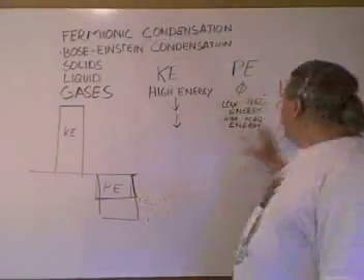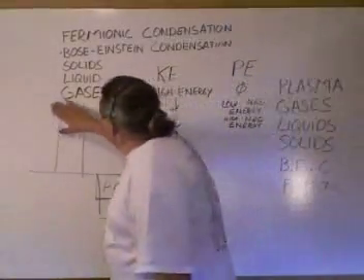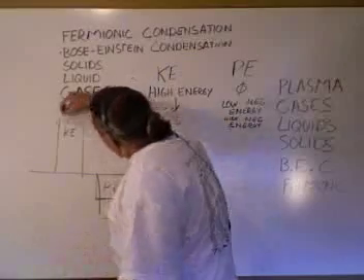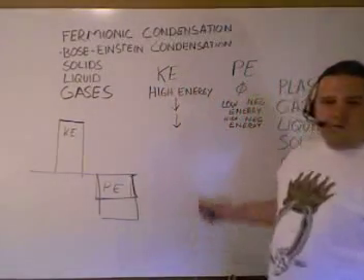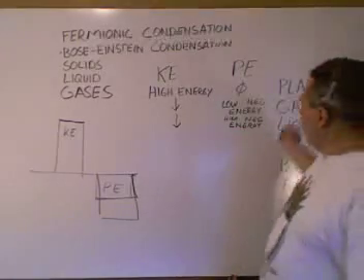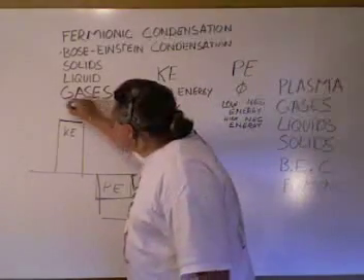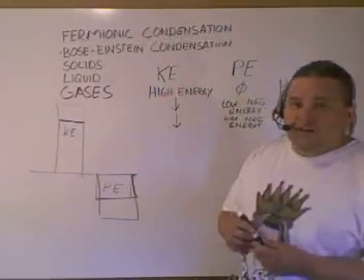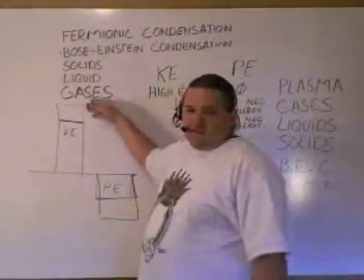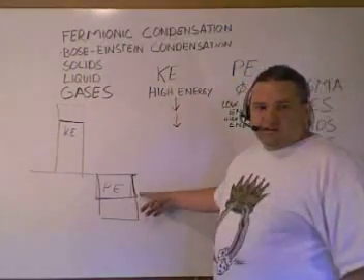Okay. So in order to get where we need to get, I should adjust this because my liquids are going to have less kinetic energy than my gases. When we start dumping energy into the system, what we end up doing is increasing the kinetic energy first, because it's the easiest way to express energy. Once that kinetic energy has reached its maximum point, it starts filling in the potential energy.